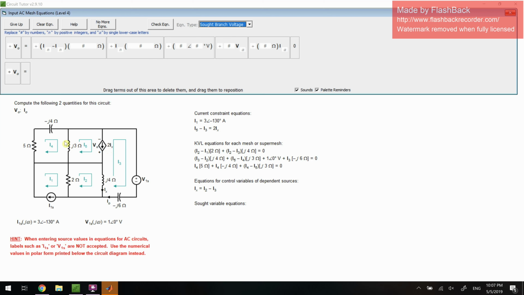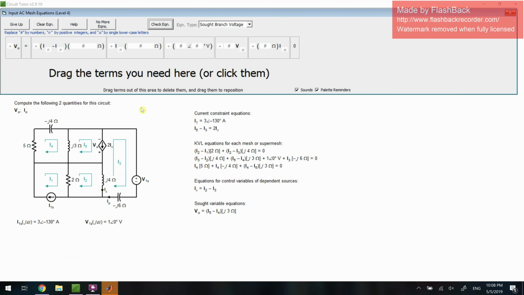That would mean that the voltage across this J3 impedance is the same as the voltage across the current supply. So to define our output voltage, we're going to use the information that we would have if V out appeared on our J3 impedance. So in our J3 impedance, we can see that the positive end would stay on the bottom, like is displayed for V out across the current supply, and I5 is moving into the positive end if it were on J3, which means that I4 would be negative, and that is across an impedance of J3,